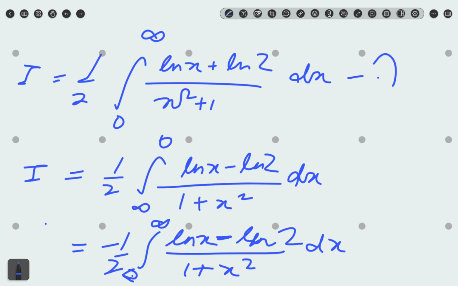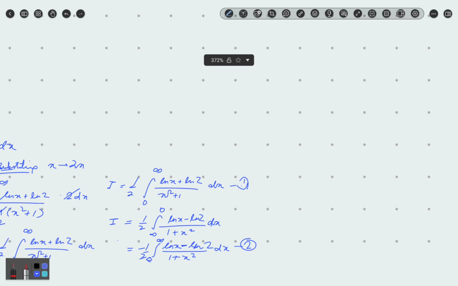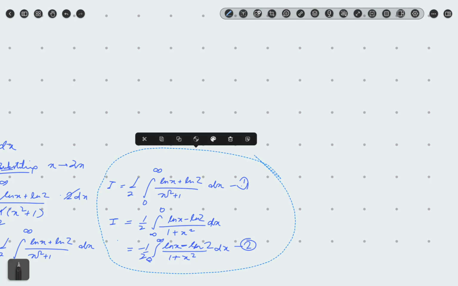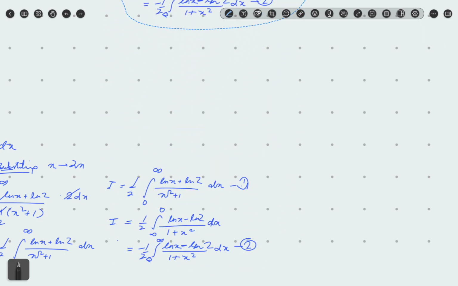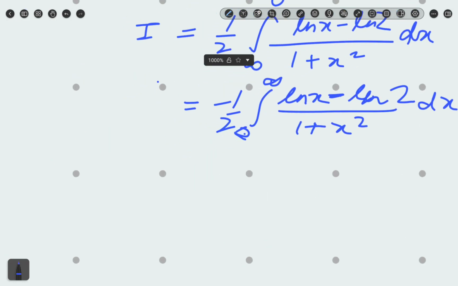So this is our first equation, this is our second, right? So let's take them here, right? So we are adding these two equations,